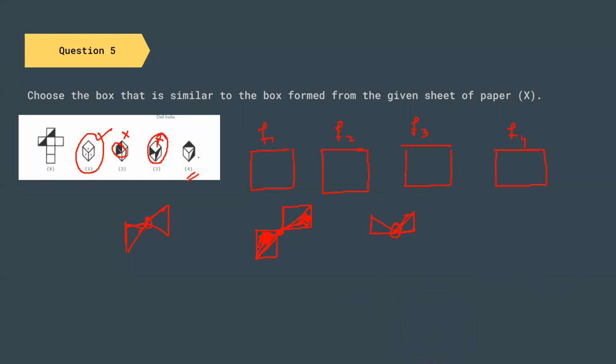So this is a probable option because you can see one of the faces will be like this, one of the faces will be like this, and another of the faces will also be like this, and both of these triangles are connected by this point, and you can see that yes, both of the triangles are actually connected by this point. So this is also a probable option. So it is a matter of elimination of the improbable options, and whatever is left after the elimination should be our correct option.